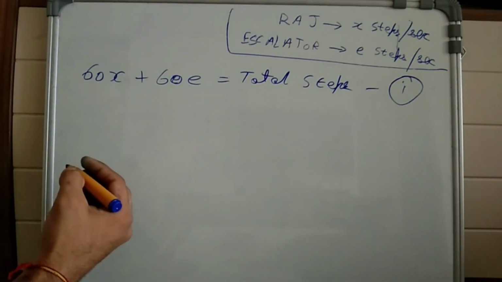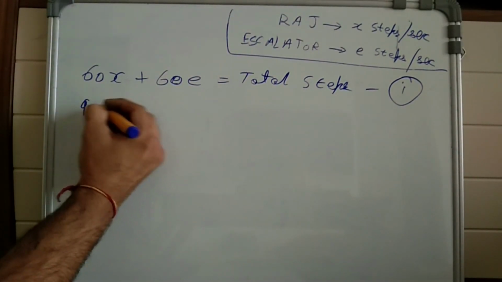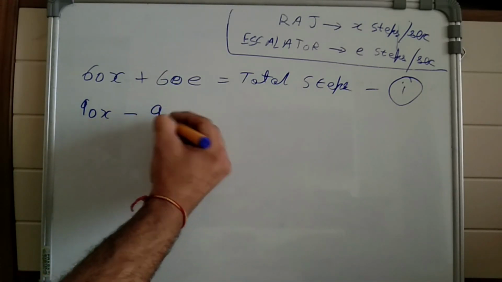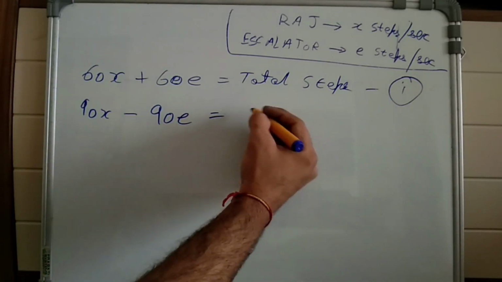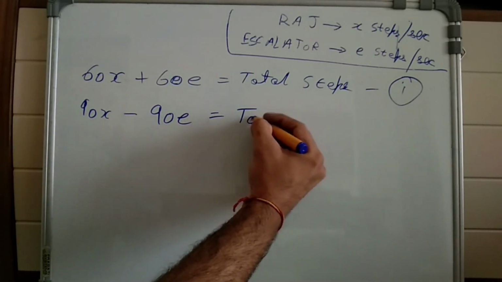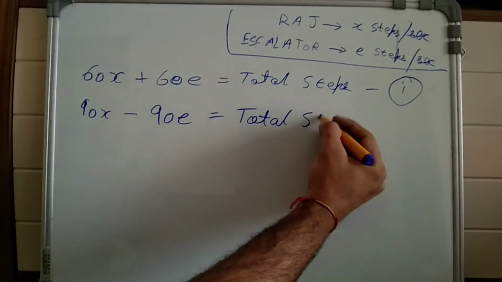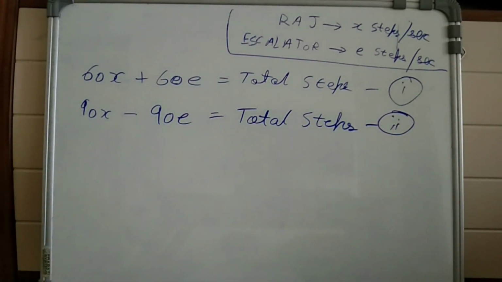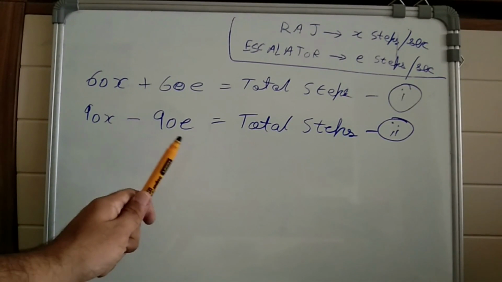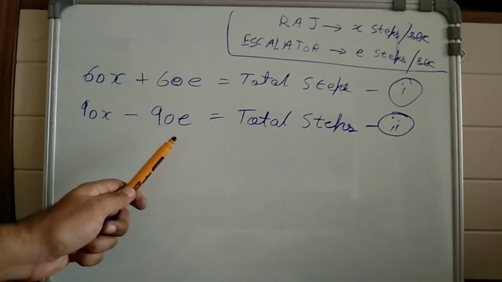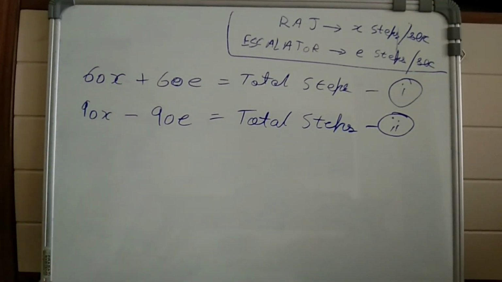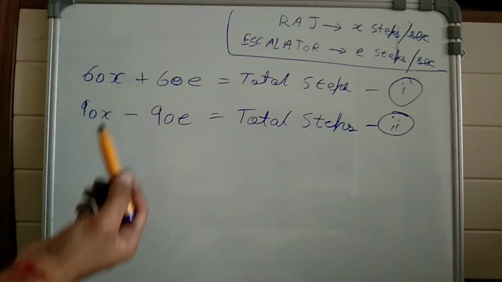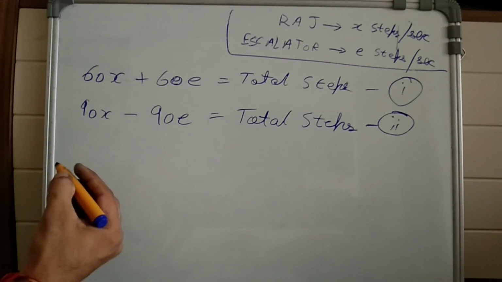And the second equation will be 90x minus 90e. This is the total steps. This is the second equation. Again, because both of them are moving in the opposite direction, I have to take care of the signs over here. So if I equate both these equations, what I will get over here is